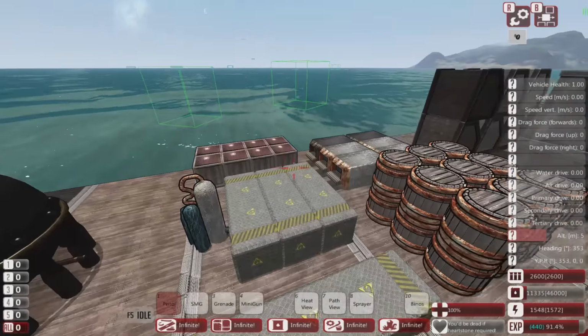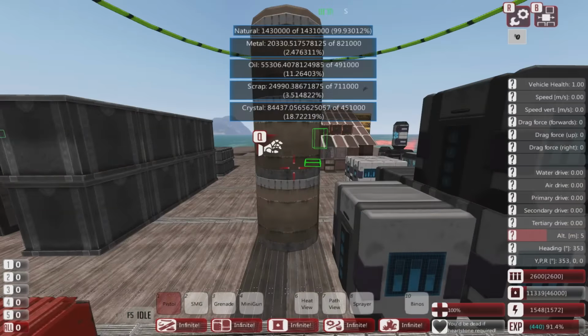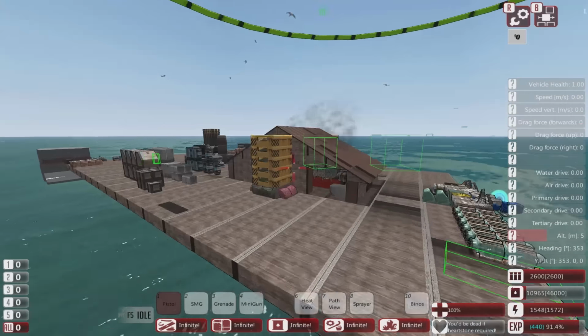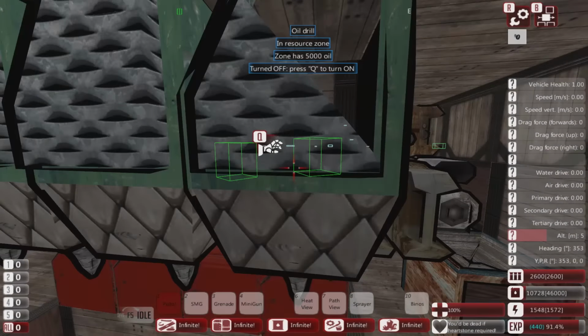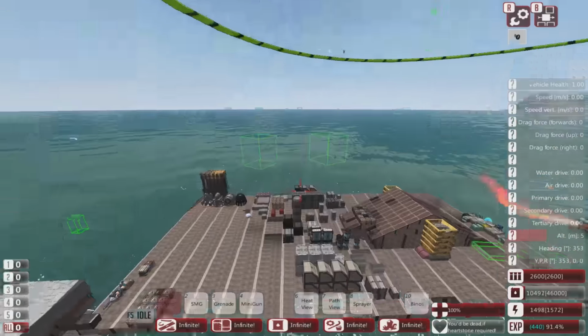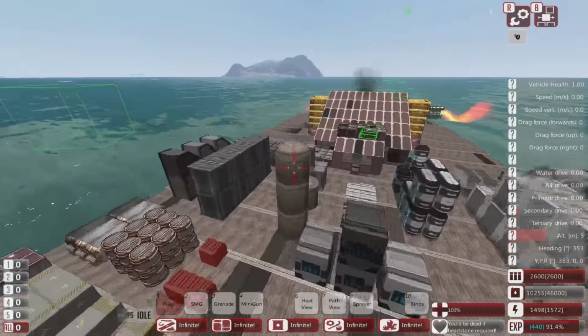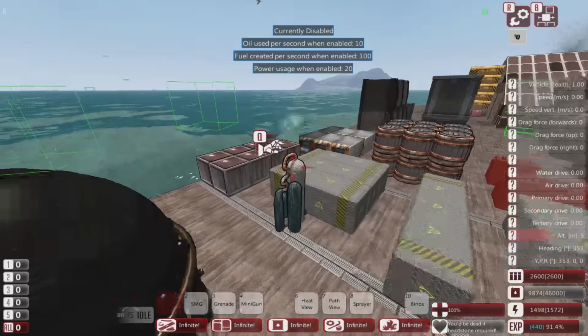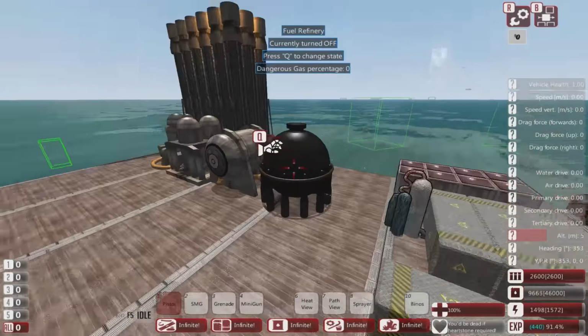and our actual resources would have gone down. So our oil is at 5,500. We'll just get some oil being produced. There we go. So just bring some oil in. So there is another way now. It's going to be the most efficient way of producing fuel, assuming this will get nerfed a bit, is this